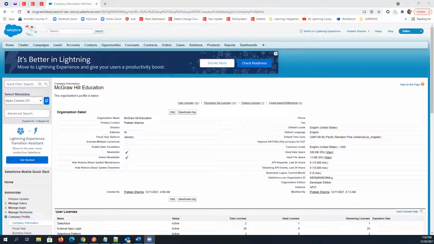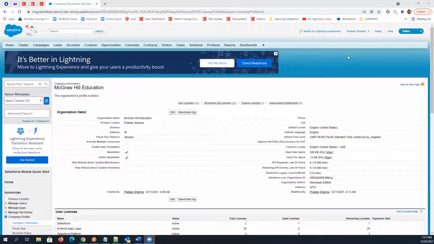If I show you, we have created this particular user, and this user has a profile called system administrator. So what is the system administrator profile? You will get it by default generally, and it is actually the super user profile.